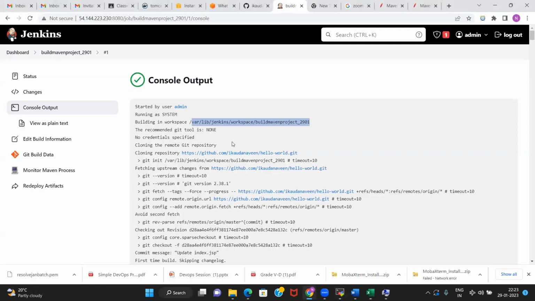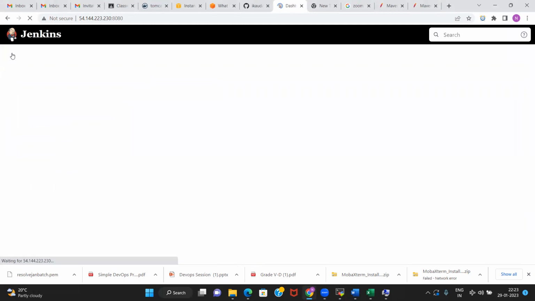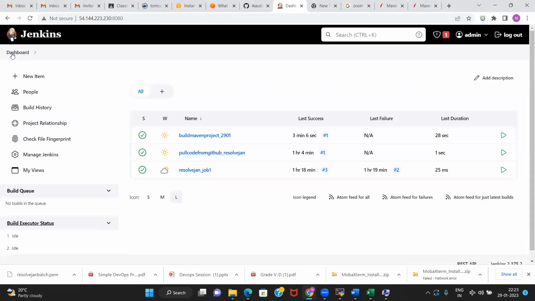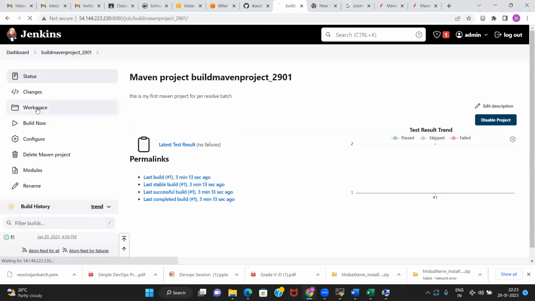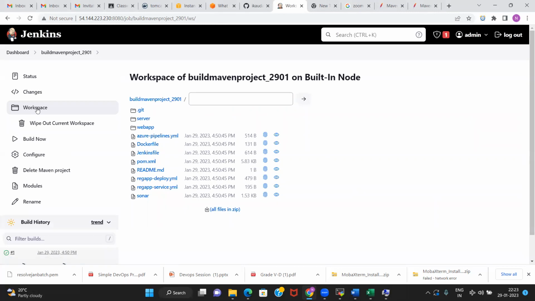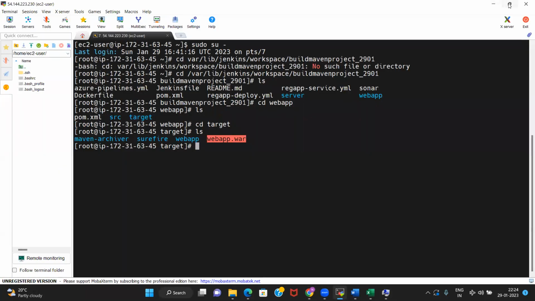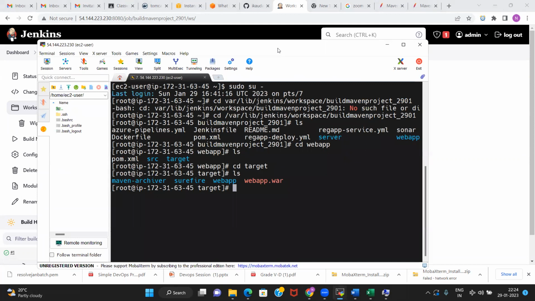What is important here to know? The workspace. How will you find out what is there in the workspace? When you click on dashboard, and then click on any project, you can see each project has its own workspace. So this has the workspace of this project, and all the files and folders that are there in the workspace you will be able to see here. If you compare, you will be able to do it, right?